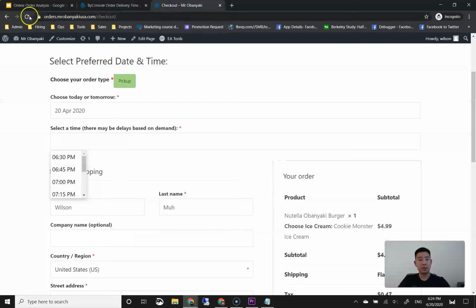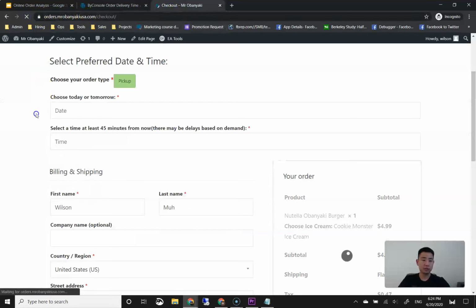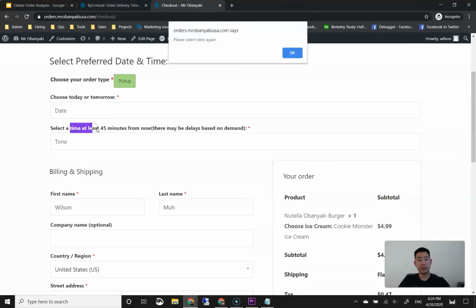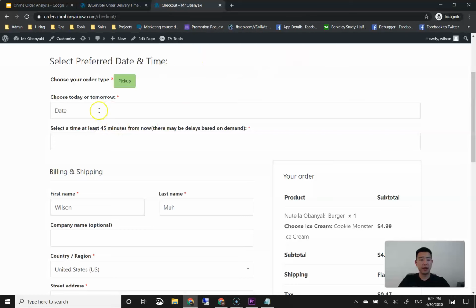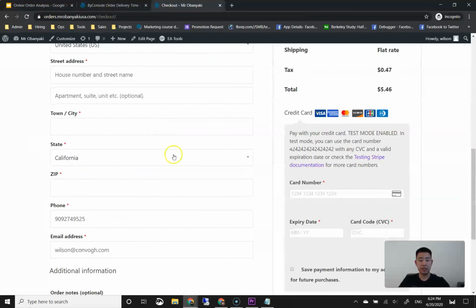Then when I go back to checkout, I'm going to go ahead and refresh this. And now it says select the time at least 45 minutes from now. Okay. And you just have to trust your customer that it's going to happen. All right. So now that we have a date and time, our checkout page is actually looking pretty